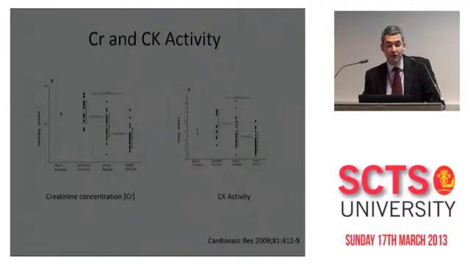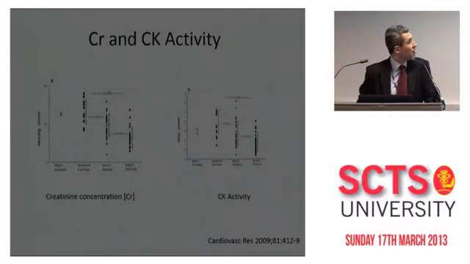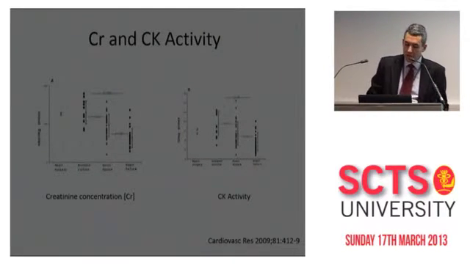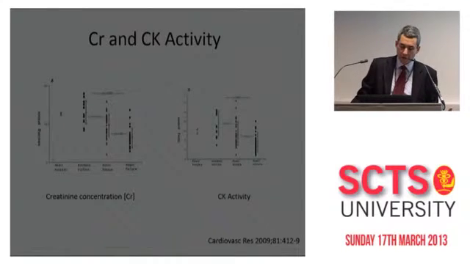So certainly when we look at creatine and CK activity, some of these slides aren't terribly clear. On the table on the left, we've got creatine concentration, on the right we've got CK activity. These are the patients undergoing heart surgery on the far left. These are accident and brain dead victims in the middle. And then we have advanced heart failure on the right. So you can see in both the creatine concentration and CK activity, we've got a progressive fall